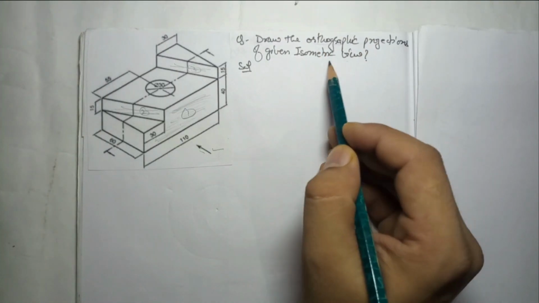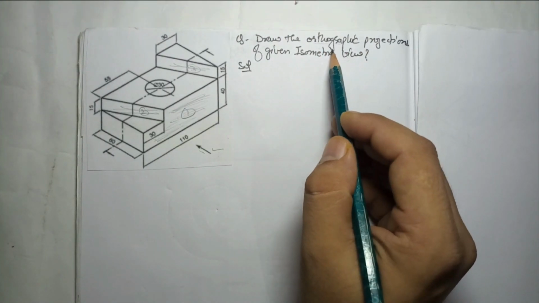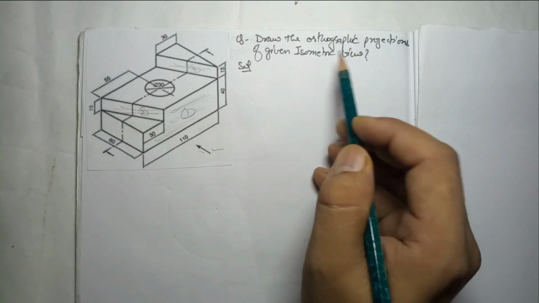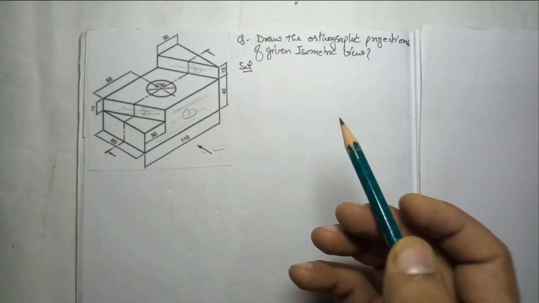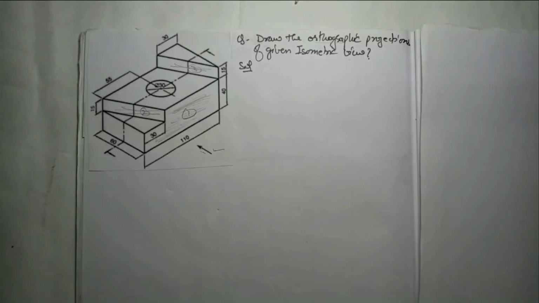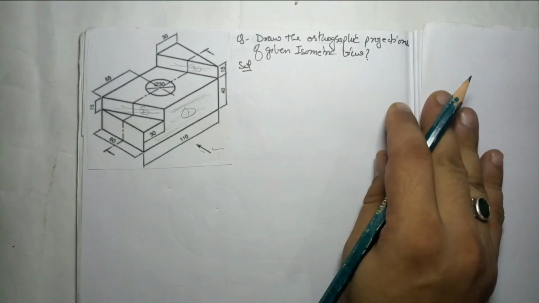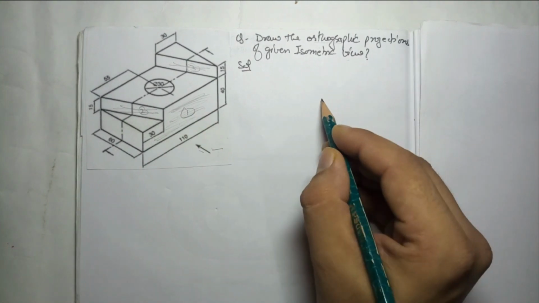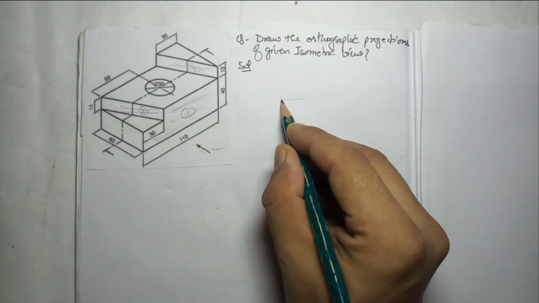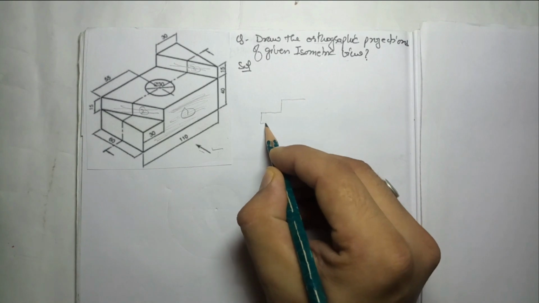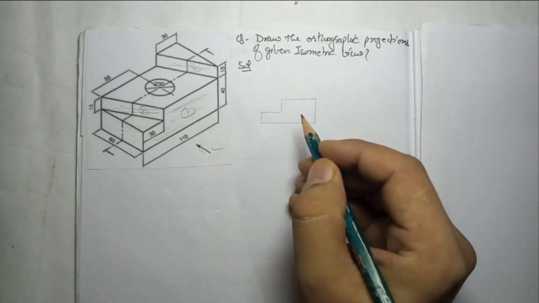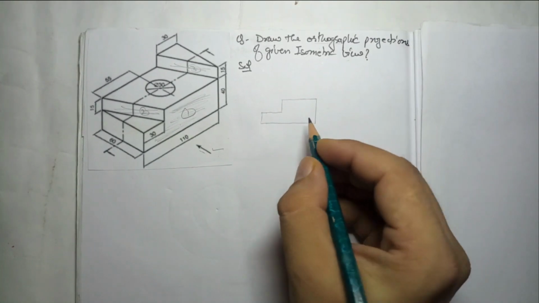Now, in the question it is not given whether you have to draw the solution in the first quadrant or the third quadrant, so you can use any, but I prefer to draw this in the first quadrant. So if the quadrant is not given, go for the first quadrant. Let's see the freehand sketch first. First you will see the shape like this. We will draw only the freehand sketch just to get an idea. When we draw the final diagram, then we will use the dimensions.